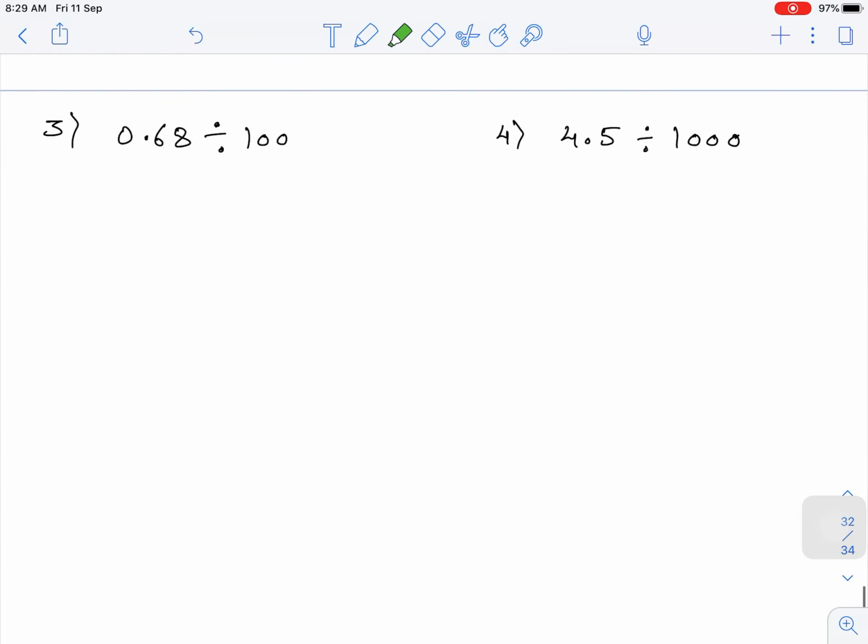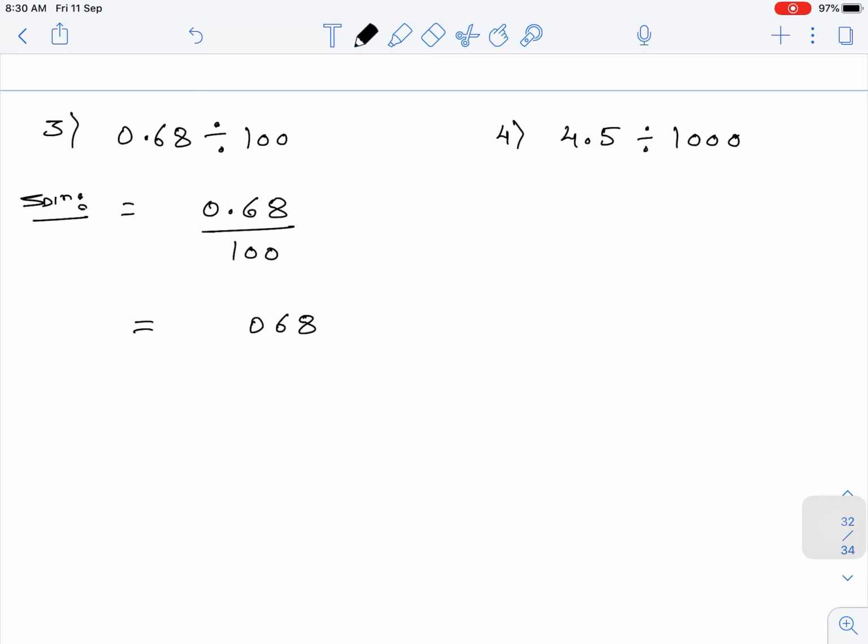Let us solve some more examples. Let us see our third example, that is 0.68 divided by 100. Division is there, so what is the rule? The decimal will move to the left. Here two zeros are there, so it will move two digits to the left. What were our original digits? 068. Initially the decimal was present here, and two zeros are there, so it should move two digits to the left. We have only one digit,